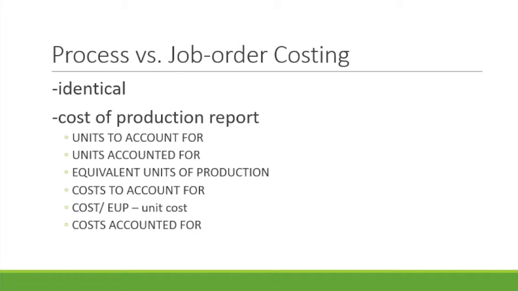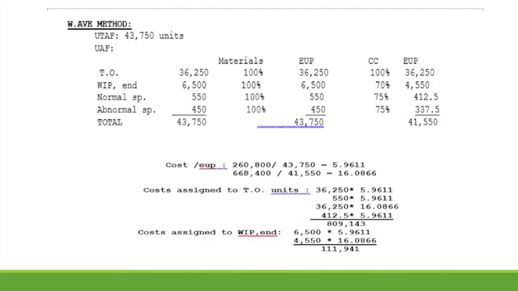So, susundan pa rin natin yung cost of production report ng items for units to account for, units accounted for, EUP, cost to account for, and among others. Okay, let's proceed with the units. So, under the weighted average method, same yung units to account for na gagamitin natin, yung 43,750. So, units accounted for, ito na yung pagbe-breakdown natin ng